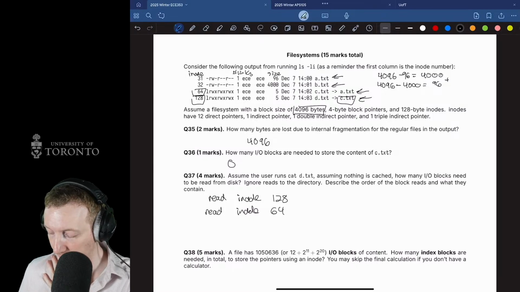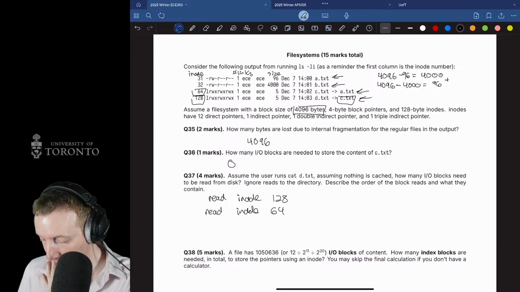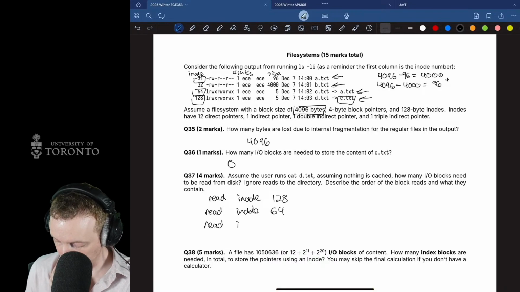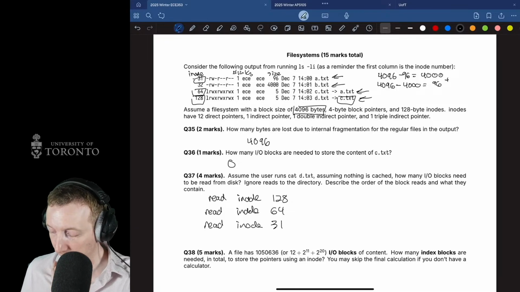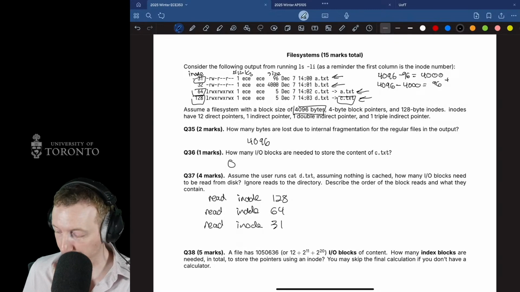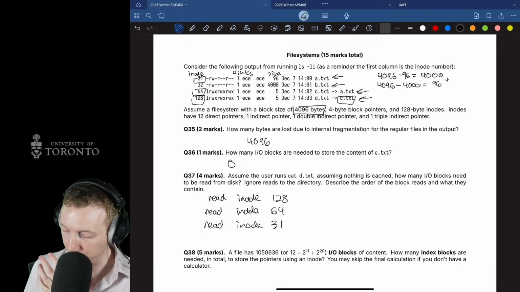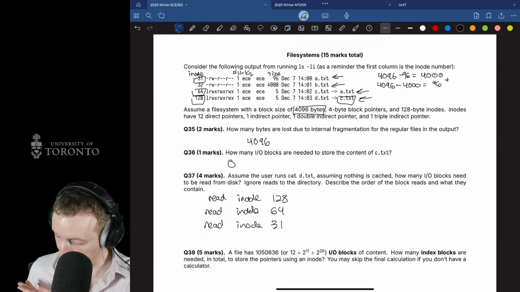So I would have to look up what inode a.txt refers to. In this case, it refers to inode 31. So I would read inode 31. And then that would actually tell me where all the data is. After that, in this case, it only stores one block. That's it. So it would read